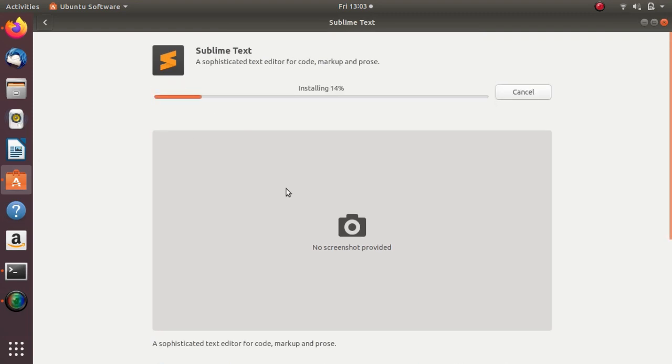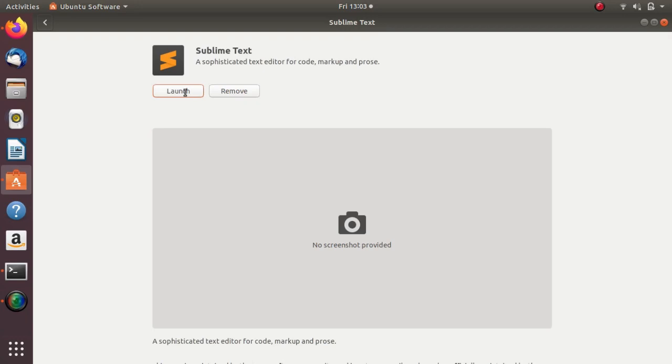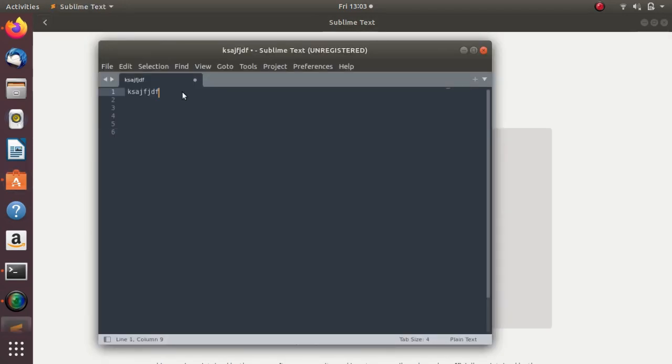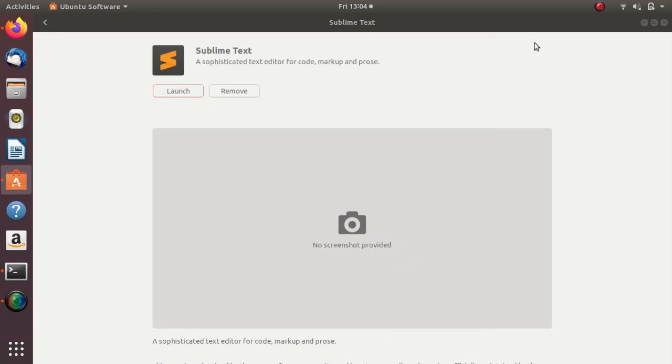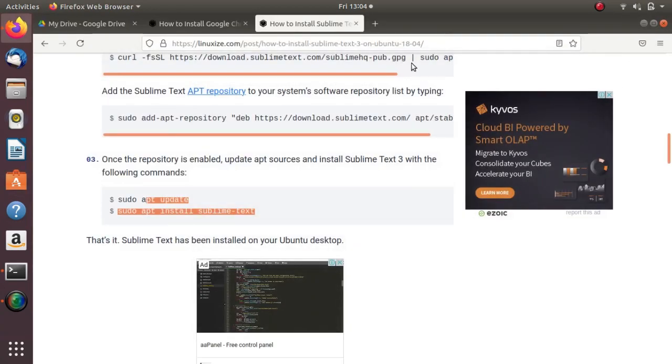Sublime Text, install it. Here the software is installed. Let's launch. Here is the Sublime Text interface. This is best for C, Java, Python, HTML, and all other programming languages. It is the best tool, like a typewriter.